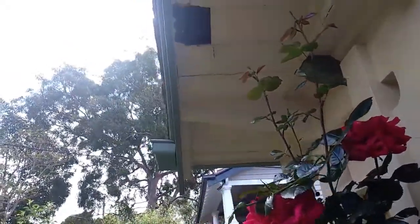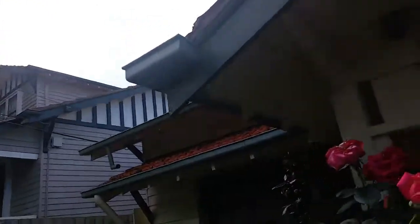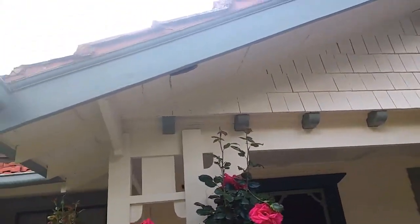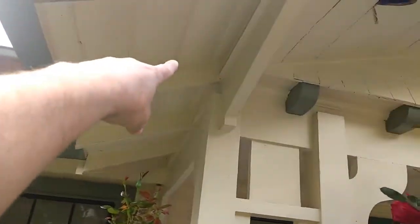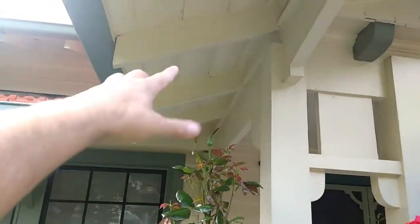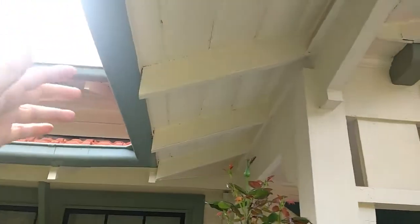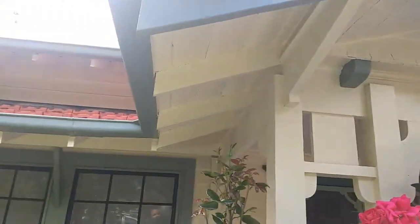Don't get so fussy about the aesthetics of trying to cover all the gaps and cracks. Have a look at that. All of that is caulk in between there. There's no need to do that. And I can guarantee that a lot of that paint is peeling too, because there's probably been no scraping and whatever. So you probably focus so much on aesthetics